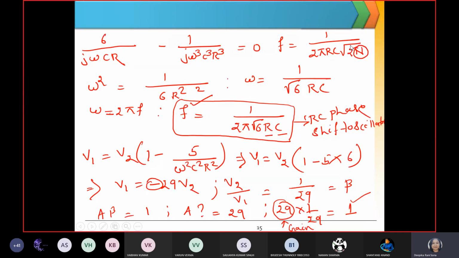So what is the n? From the question you have to find out. A 3-stage RC phase shift oscillator is required to produce an oscillation frequency of 6.5 kilohertz. So what data would you prefer? N should be 3 to make it square root of 6. So here you have to take C as 1 nanofarad, F as 6.5 kilohertz. What is the unknown value of R? You have to find out to generate a frequency of 6.5 kilohertz. So if I solve that question for you,